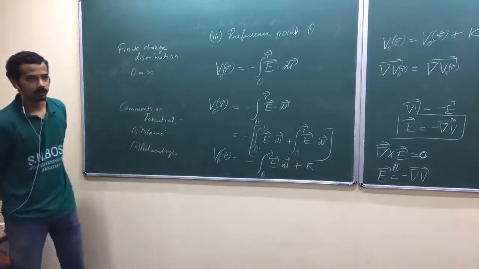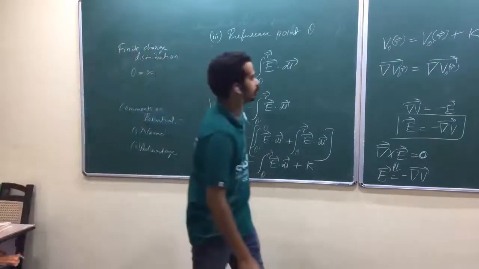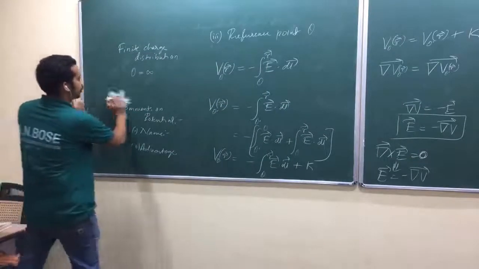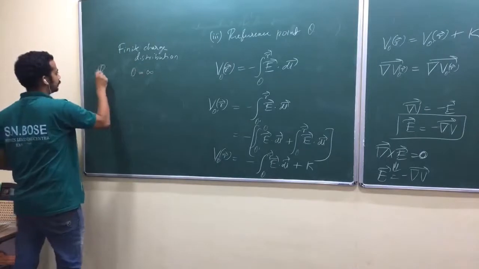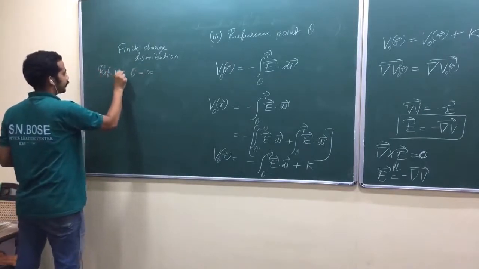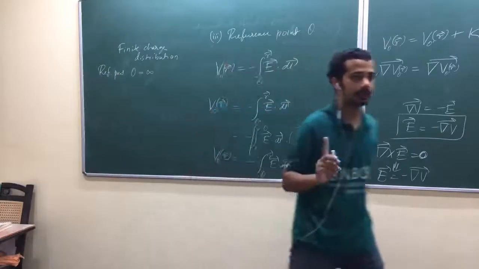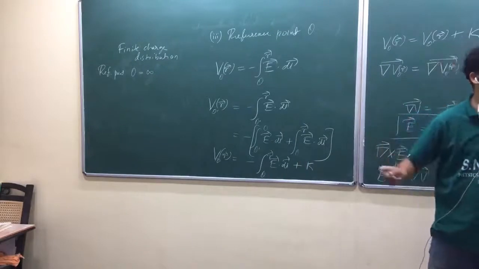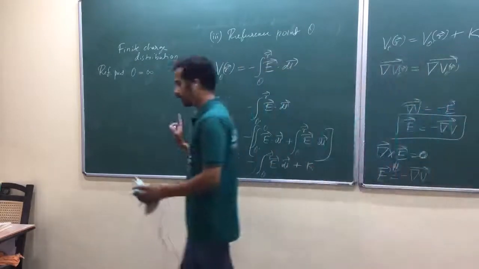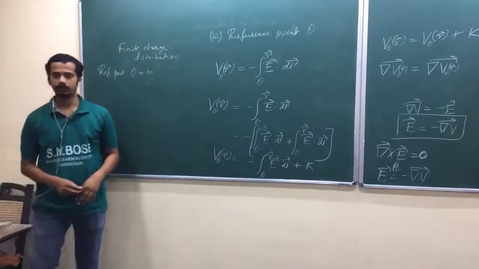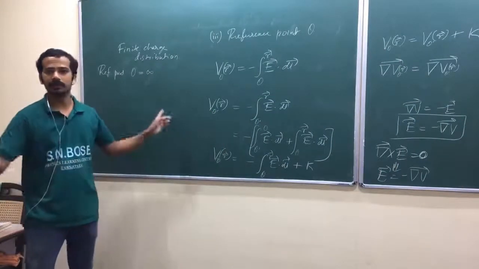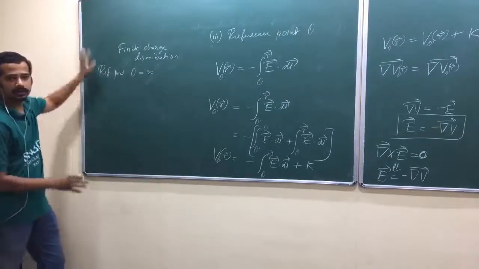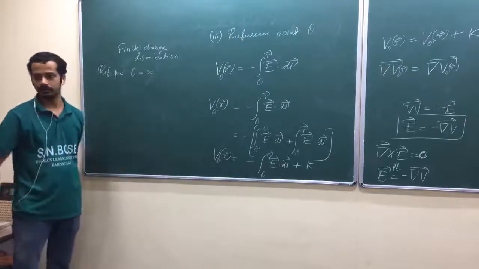Is that okay? So once you choose this one, you can define the potential. Now wait a second. Let me tell you what happens if you choose the reference point as infinity for an infinite charge distribution. You will get, as you will see later, that the potential itself is infinity. You may end up with trouble. So that's why this is for a finite charge distribution, not for an infinitely long wire or infinitely long cylinder like that. Only for finite charge distribution can you choose the reference point at infinity. That's a standard choice. We all have to follow that one.